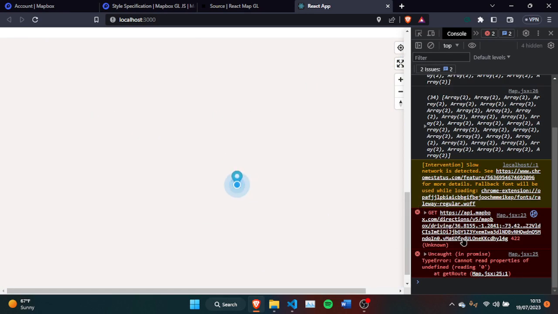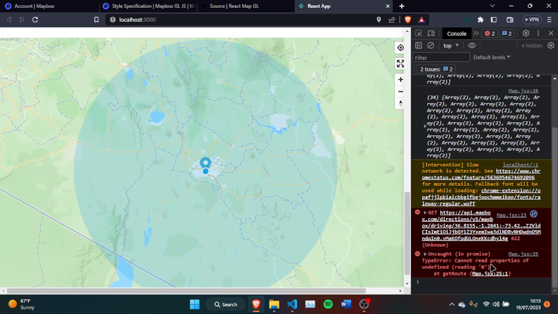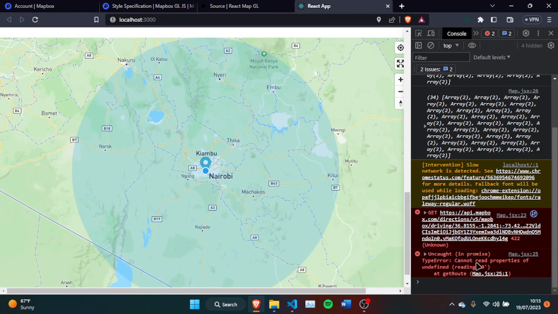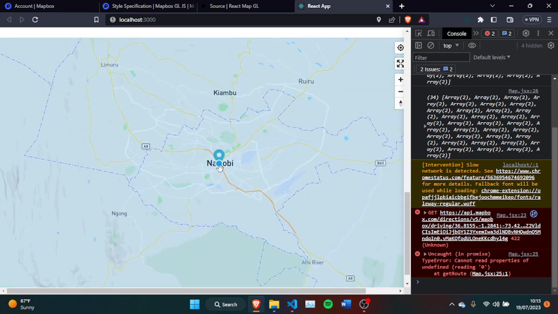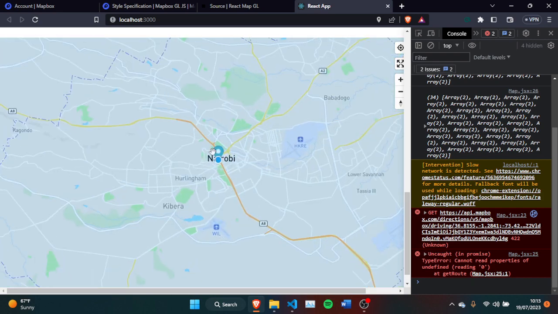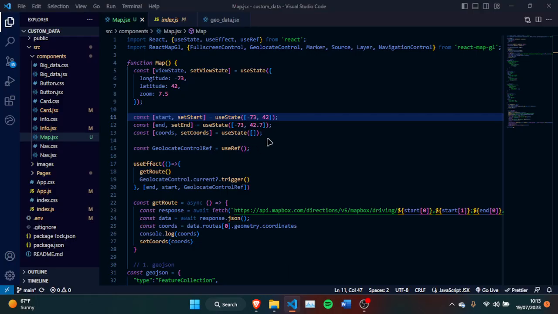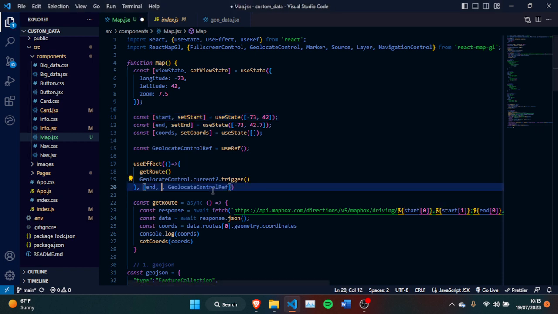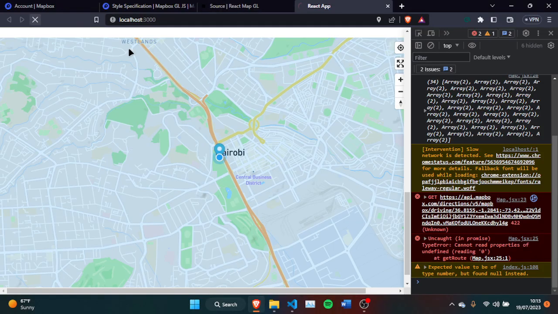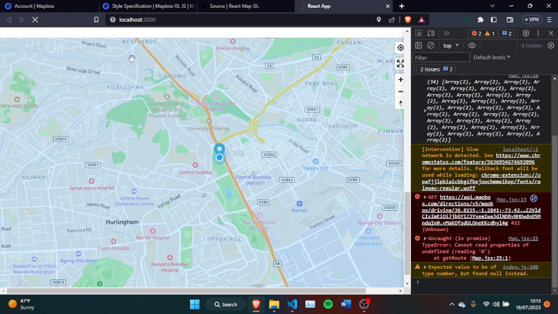So you can see it has thrown us some errors because it cannot read properties, reading at undefined, blah blah blah. And so as you can see, it works. So now my start point is in Nairobi, like so. So I can come in here and I can just remove this from my dependency array, so we don't need that, and I can save that. So now if we can go ahead and reload this again, we should